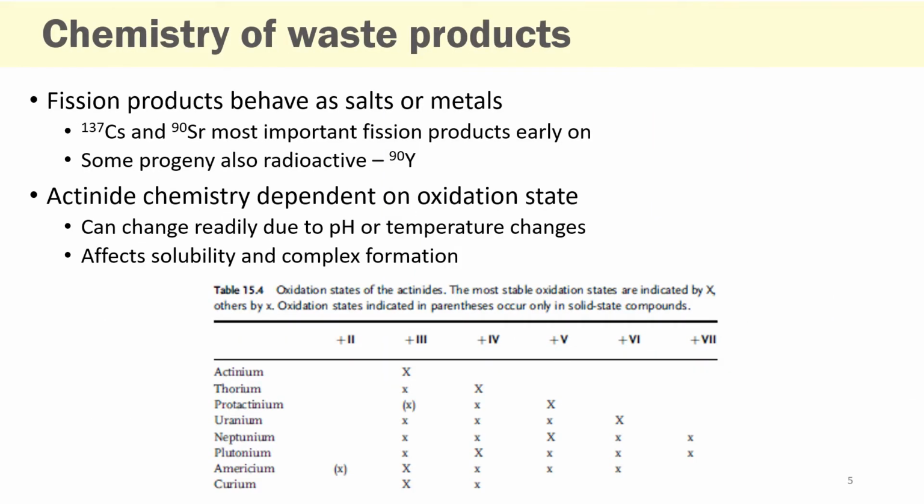Switching gears from heat production, now we're going to talk briefly about the chemistry of waste products. The dominant fission products that we're concerned about, cesium and strontium, behave as salt or metal. Cesium is an alkali metal and will behave like sodium or potassium chemically, and strontium is an alkaline earth metal and its behavior will mimic calcium or magnesium chemically. This doesn't matter when it's in the vitrified waste form, but if that starts breaking down or water starts getting there or it starts leaching into the soil, they'll behave chemically like that and transport themselves in the same